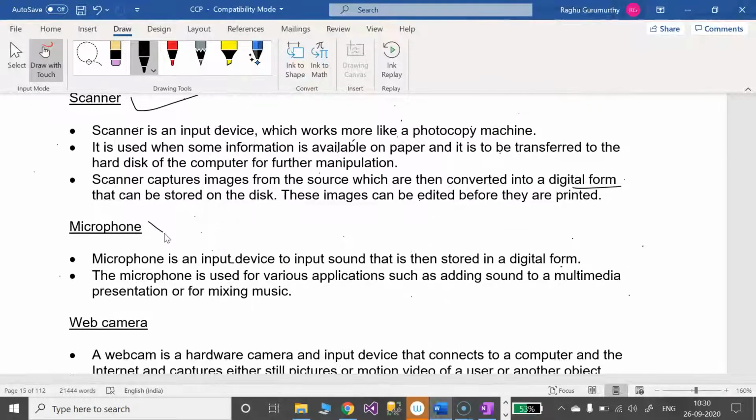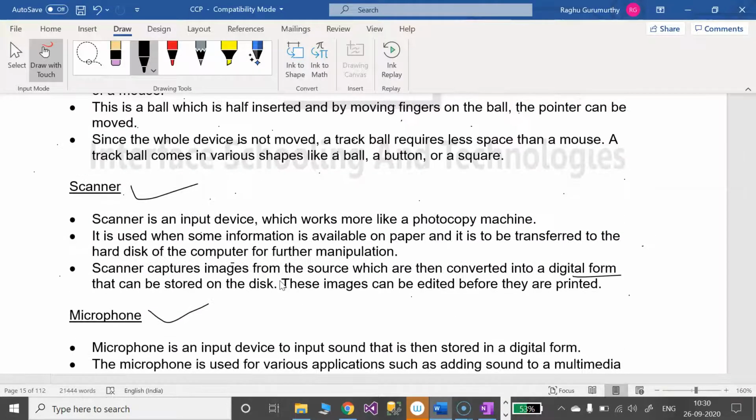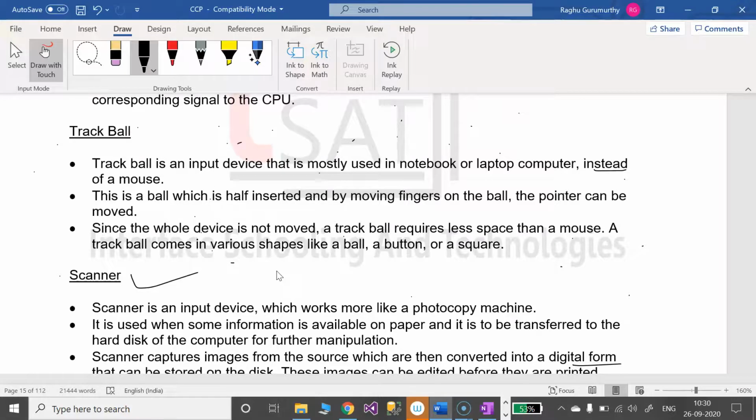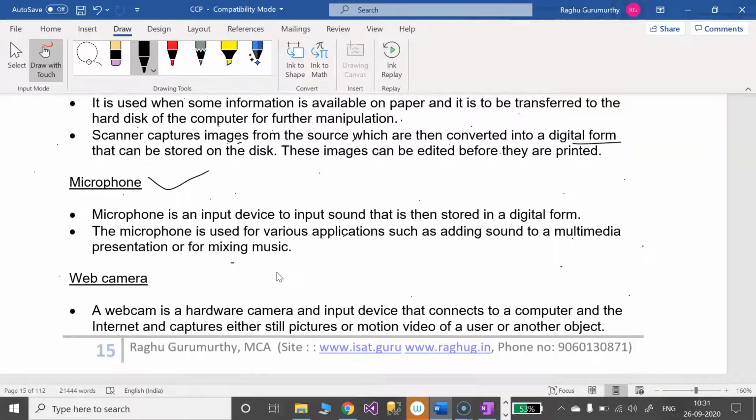Later we have the microphone. Anyway, you all know about the usage of a microphone, because nowadays the headphone is embedded with a microphone. So the microphone is used as voice input. The scanner we may call image input, and a trackball is a pointing device. In the same way, the microphone is used for voice input. It takes in sound, which is converted to digital form and sent to the computer. So I think there is no need to show the diagram or images of a microphone.